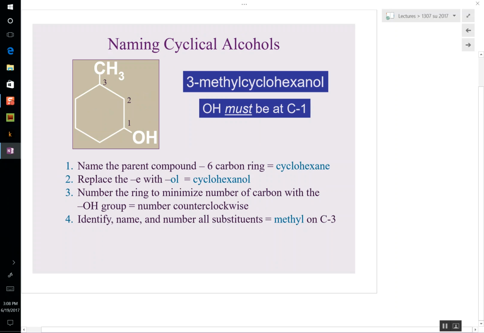Okay, here's a cyclical one. Right, without the methyl on it, it's cyclohexanol. We're going to fix the carbon that OH is on as carbon number 1 and count over to the substituent the shortest distance. So we're not going to go 1, 2, 3, 4, 5. We're going to go 1, 2, 3. So it's 3-methyl cyclohexanol. And you don't really have to say 1-cyclohexanol in this particular case,